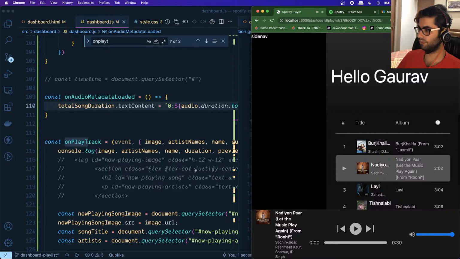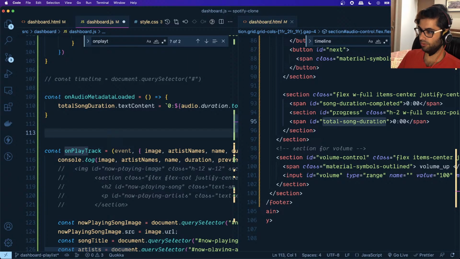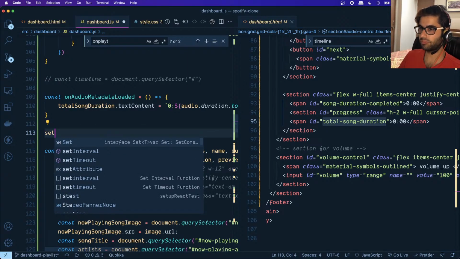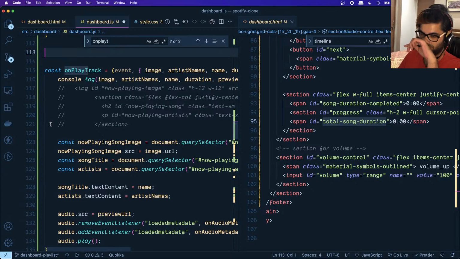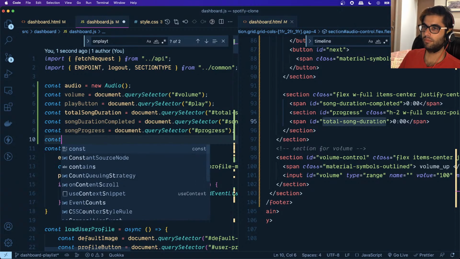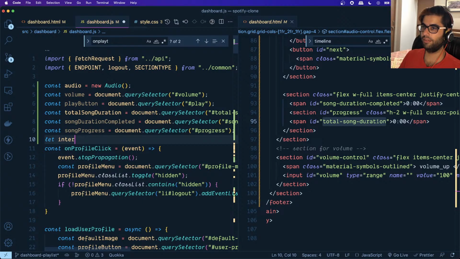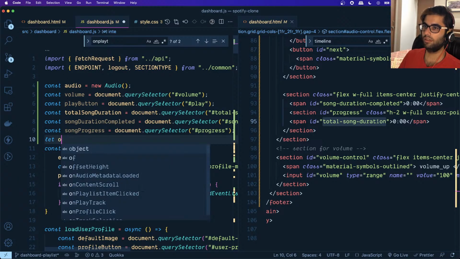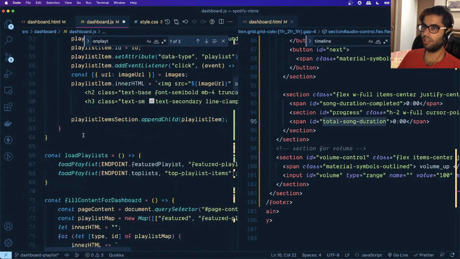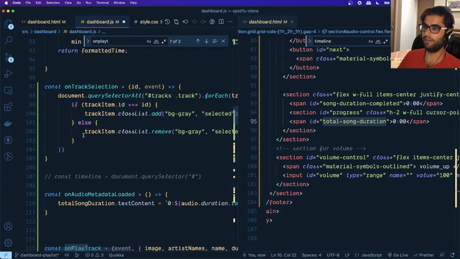Okay, now let's work on this progress bar part. So we have the progress bar, and we'll use the set interval. So let progressInterval, we'll create a variable for that, and here we will say